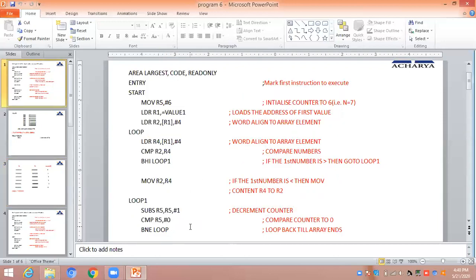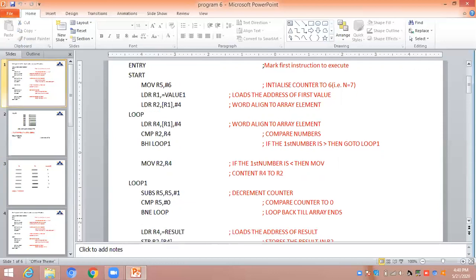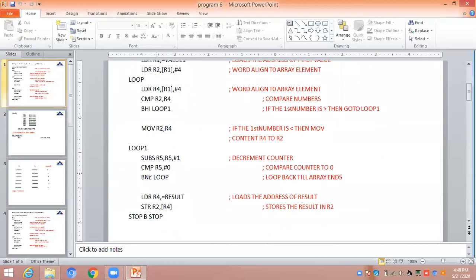Once the counter becomes 0, it is coming out of the entire loop. Now, you know very well R2 is holding the largest number. You can check it there itself whether R2 is holding the largest number in the array. Or you can also put it into a memory and check there.